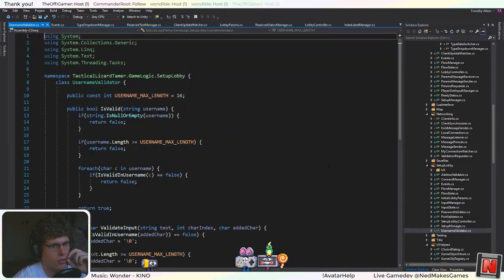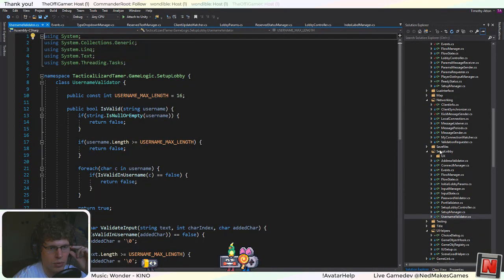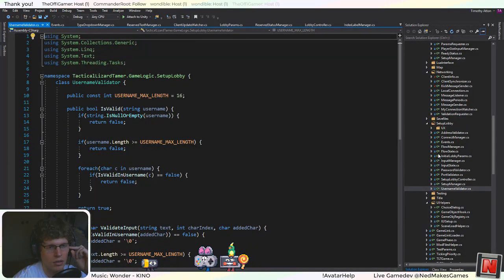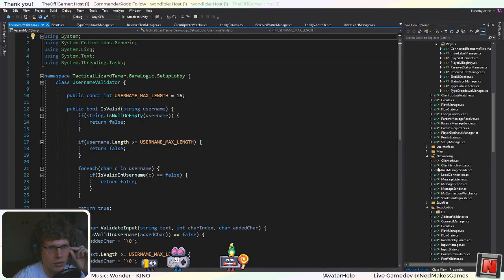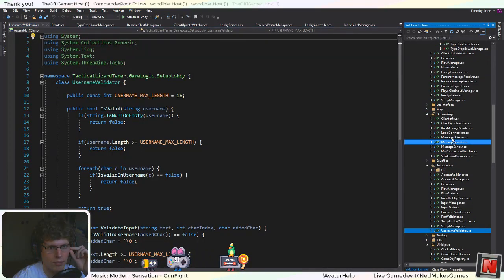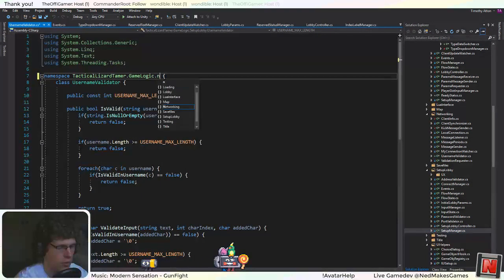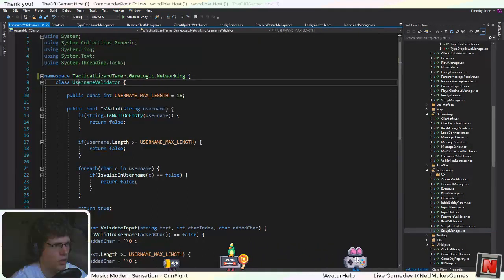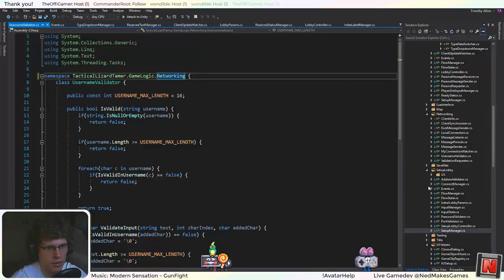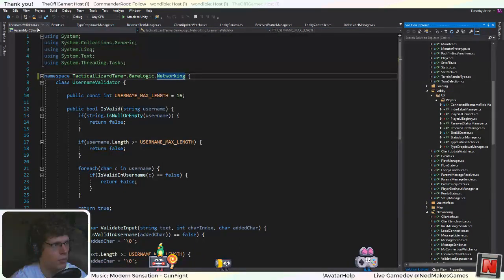Okay, so let's see. Validator. I guess I could just, well, I can't really put it in the UI helpers. I should put it in networking. And this will probably cause some errors because it's going to say that things that use it will need to use this namespace now, but that's okay. So anyway,